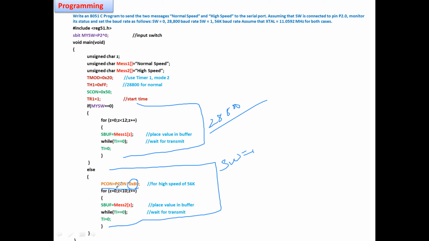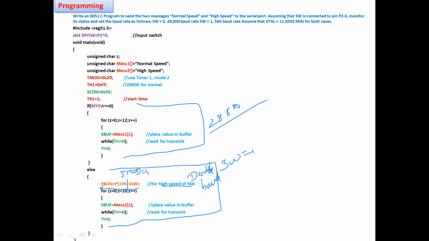So simply I'm just placing PCON equal to 80H. For example, in default, it is nothing but they are ORed, in the sense initially it is 0, 0 ORed with 80H. The final answer will be 80H. So 80H in the sense the SMOD is 1. You can see the SMOD will be 1. Now we are trying to double the baud rate. We are doubling the baud rate.